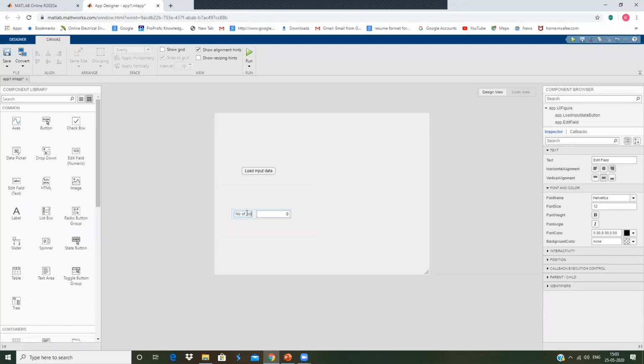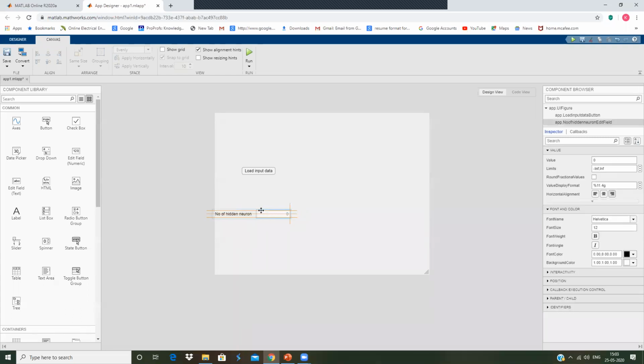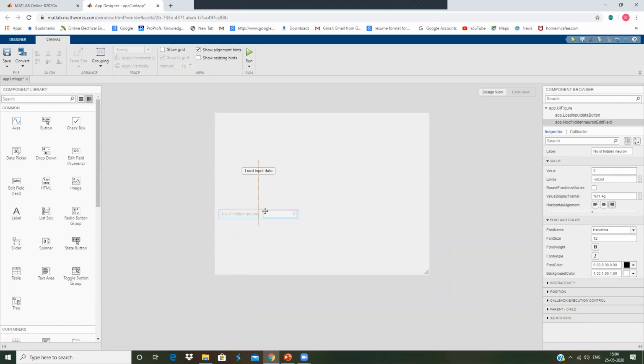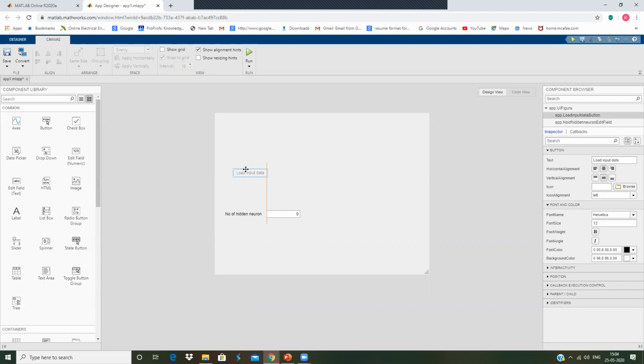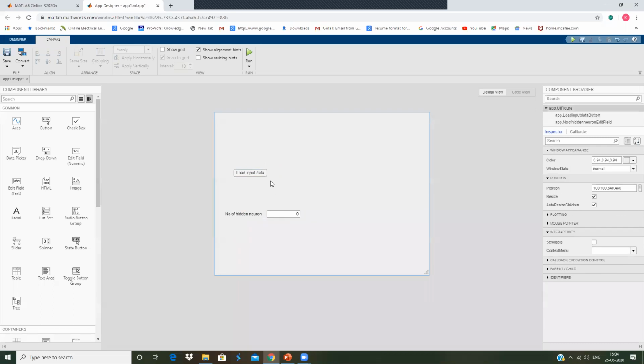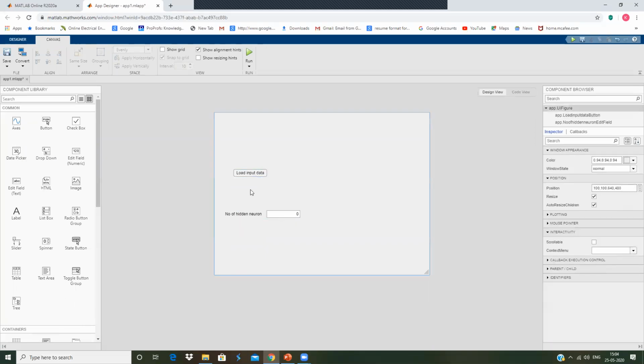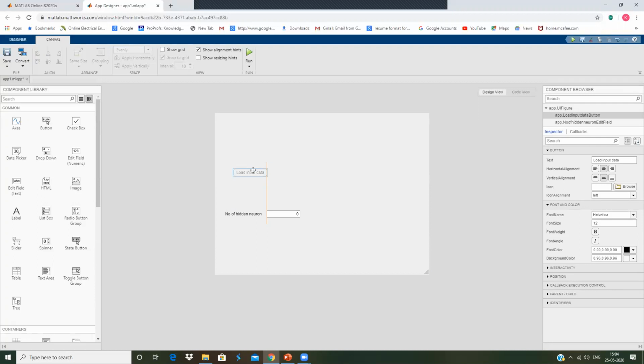Number of hidden neurons. The beauty with this MATLAB app is that we can develop a virtual lab also, and we can convert that into an exe file and easily share it with the students. Another feature is that we can convert this MATLAB app into a web application also. MATLAB has a web server, so we can deploy the app on the web server and give the website address to the student, through which the student can access the MATLAB app. That is another main feature of MATLAB.